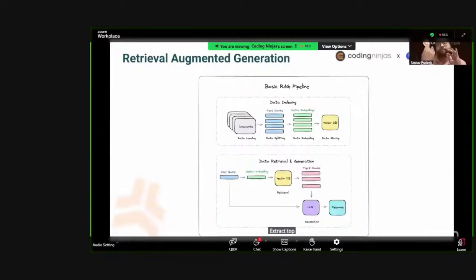Now, the value of K can be anything. It can be 5, it can be 10, it can be anything. So suppose I take the value of K to be 5, then I'll pick the top 5 document chunks on the basis of the user query. The top 5 documents which seem very relevant to the user query, and then we provide these top K